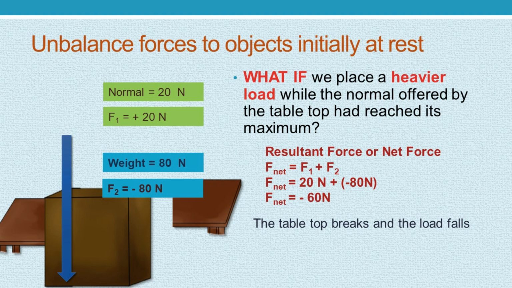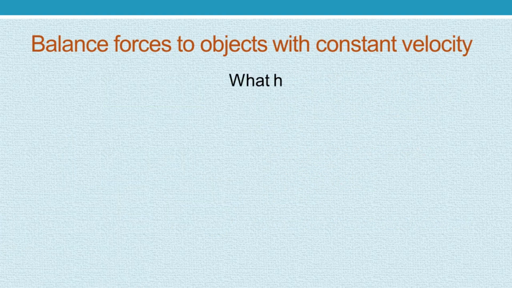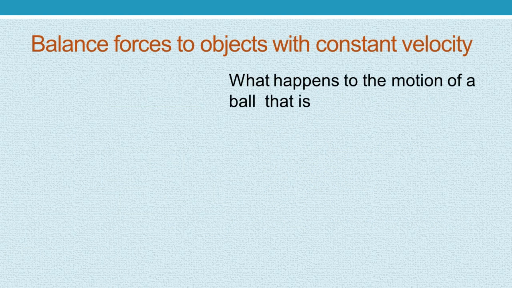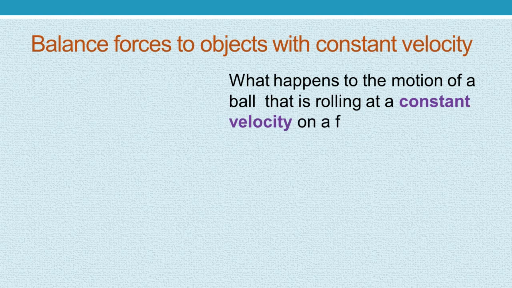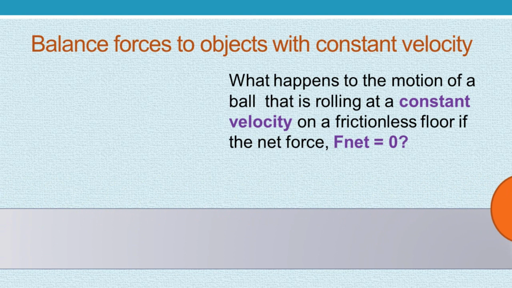Now let's examine balanced forces on objects with constant velocity. What happens to the motion of a ball that is rolling at a constant velocity on a frictionless floor if the net force is 0? As shown, the ball continues to roll at a constant speed in a straight line path because the Fnet is